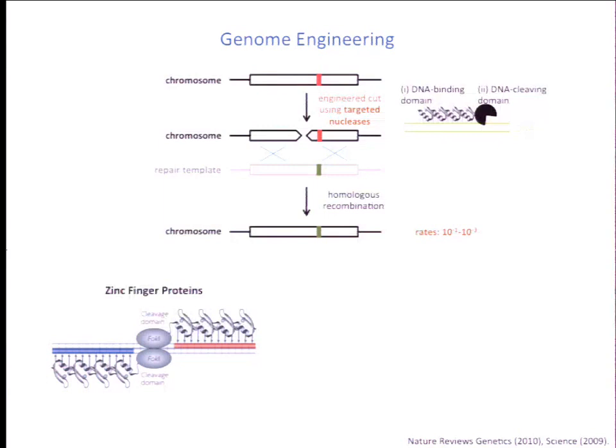The first are the zinc finger proteins that have been around since 1996. And more recently, we've had a new class of proteins since 2009 called the TAL proteins. Now, both these proteins are heavily programmable, although zinc fingers are less so as compared to TALs. And TALs come from bacteria, and they are very large proteins that comprise these modular repeat domains, each of which can be programmed to bind a specific nucleotide.